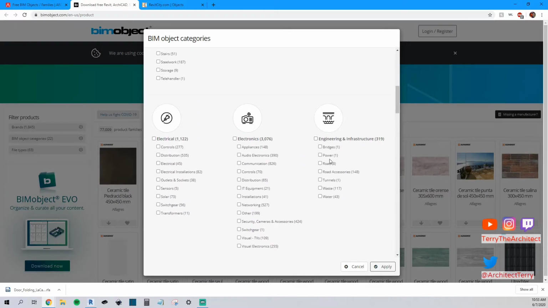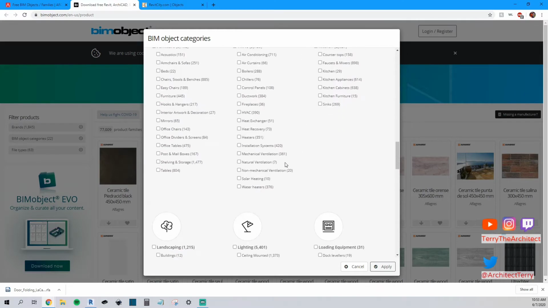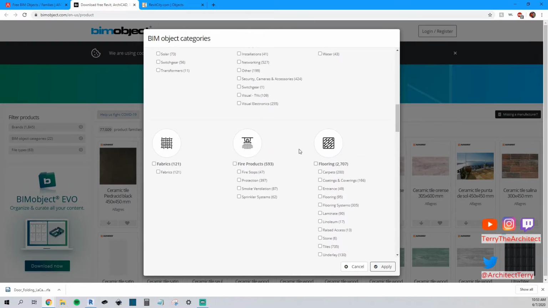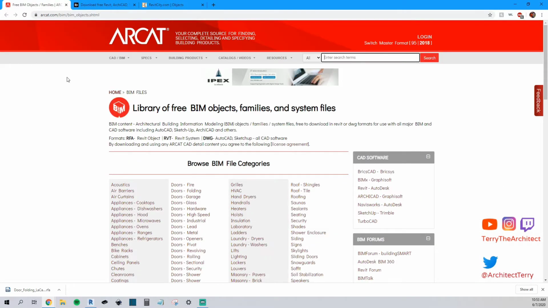And then you can see there's obviously a lot more electrical, electronics, it goes on and on and on. But this is just another great place to look and find something that may be really specific to your model that you're looking for. And then the last one is arcat.com,